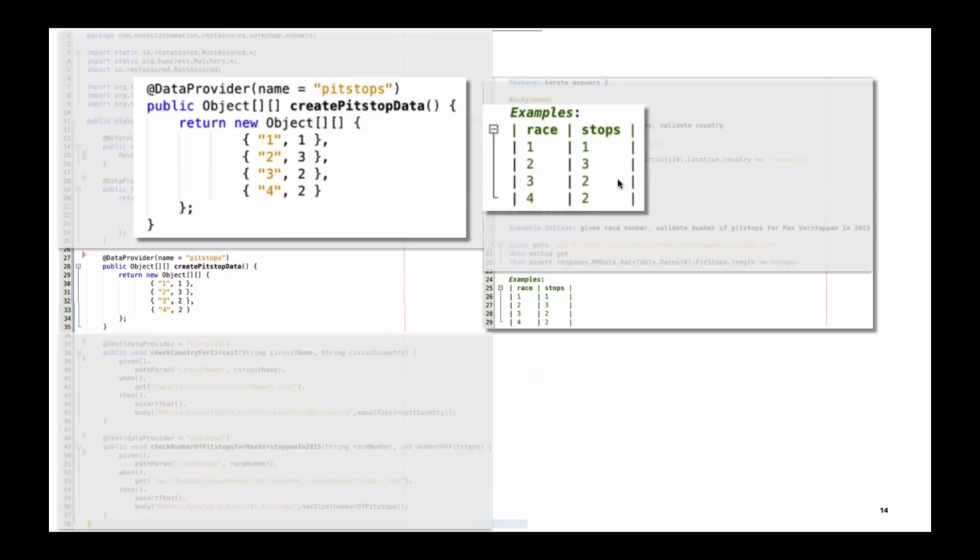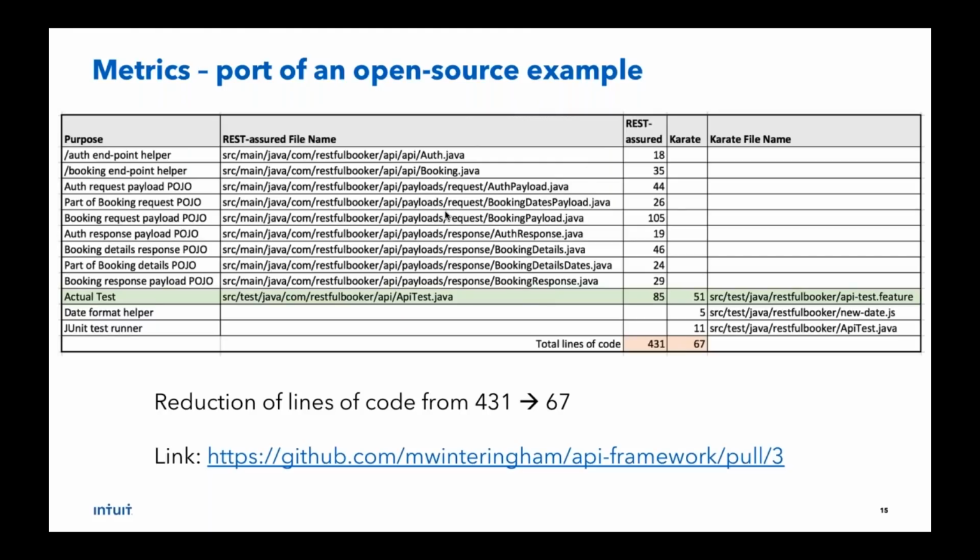And you can immediately see it's a whole forest of semicolons. I mean, not semicolons, curly braces and double quotes and all that. And one of the things I especially like on the right side is that the columns are clear. You can see race and stops. It's clear what each column is doing. Whereas on the left, it takes a little bit of head scratching to figure out what exactly the data columns mean and where they're supposed to go.